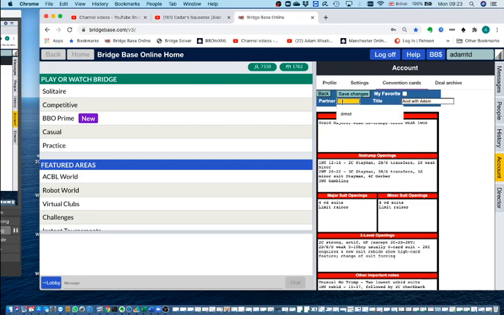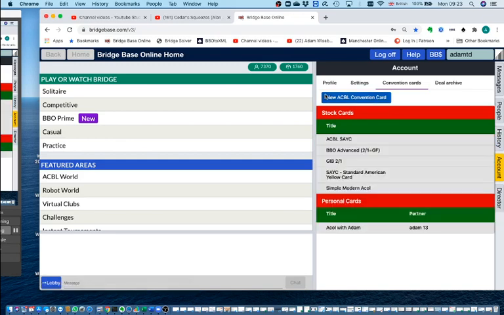And then before we save the name, we put in here the BBO name of the partner we want to play it with, and then save the changes. That convention card, as it says here, has now been saved. And if we go back to convention cards, we'll see that under our personal cards we have a card called ACBL with Adam, played with that particular partner,